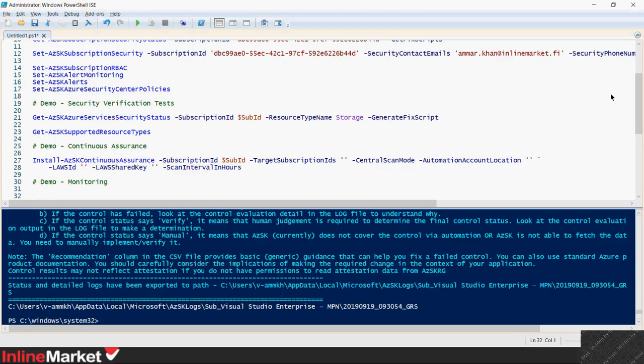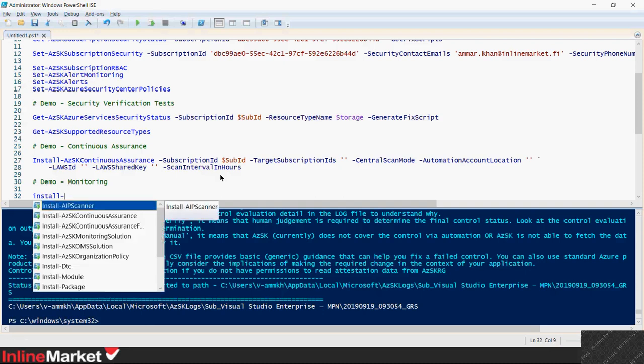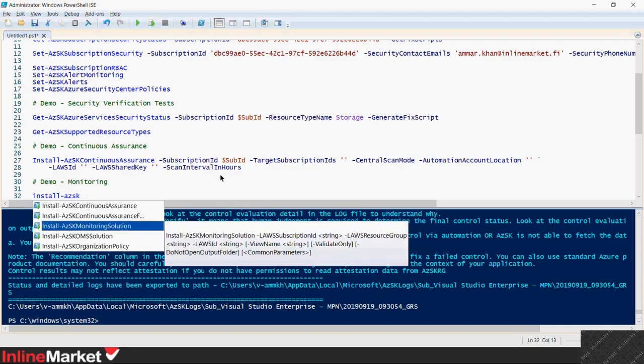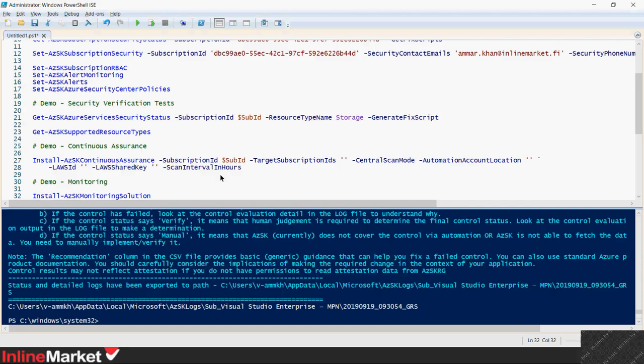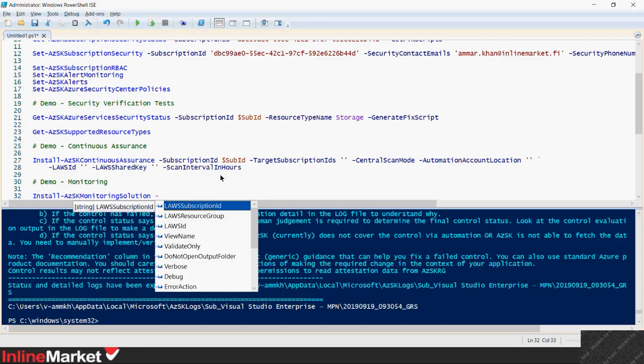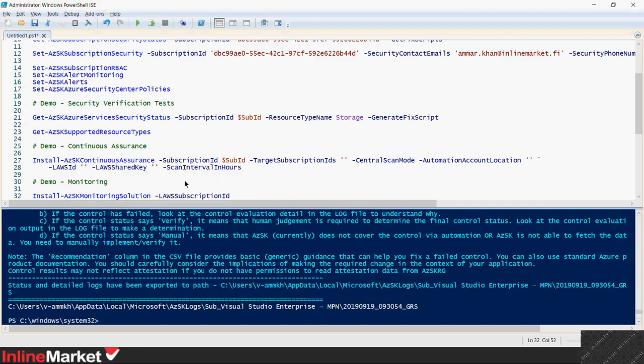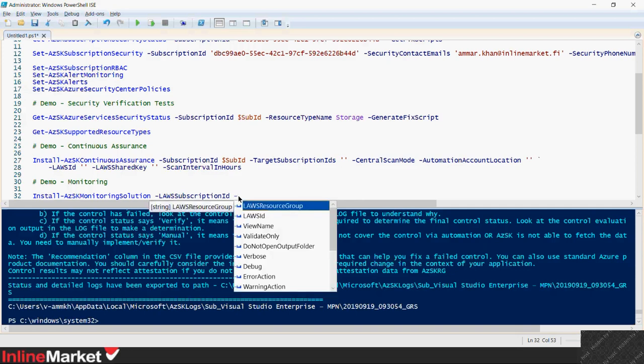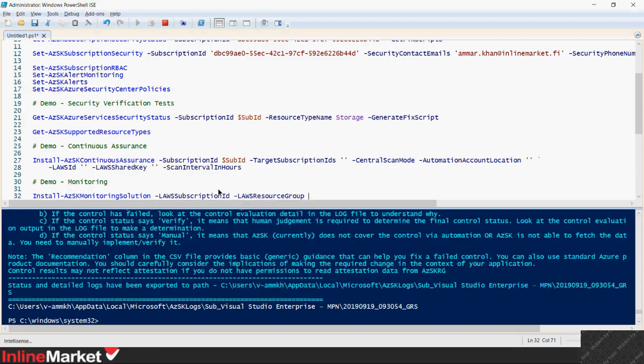So basically, they also have this command for setting up a nice dashboard. As I mentioned, it sets up the dashboard and different alerts for us to have the combined data about all the security checks it has done. So this is the command that you can use to run this. This command also requires us to provide the subscription ID of where our log analytics workspace is. In our case, it would be the same one that we have created, and then the resource group. You would need to provide where this log analytics workspace is,